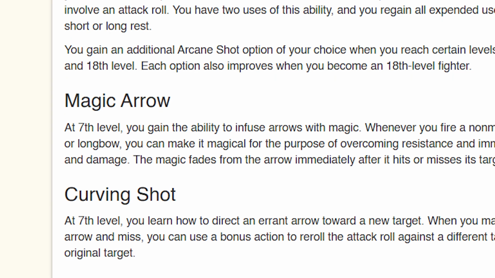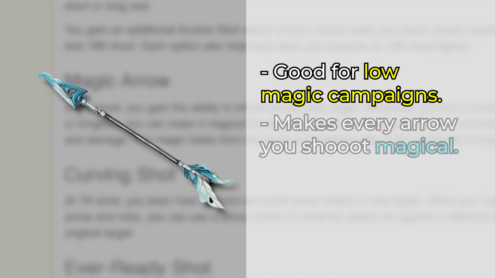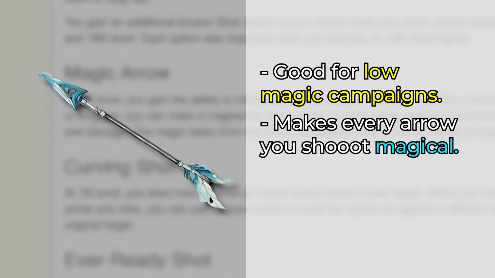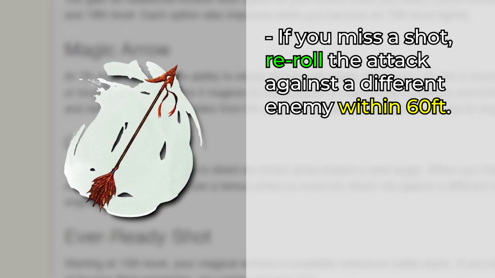You get two things at 7th level. Magic Arrow and Curving Shot. Magic Arrow is massive if your campaign doesn't like to give out magical items often. It makes every arrow you shoot magical for overcoming resistances, but it loses its magic once it lands on or off its target. Curving Shot makes it so when you miss a shot on a creature, you can use a